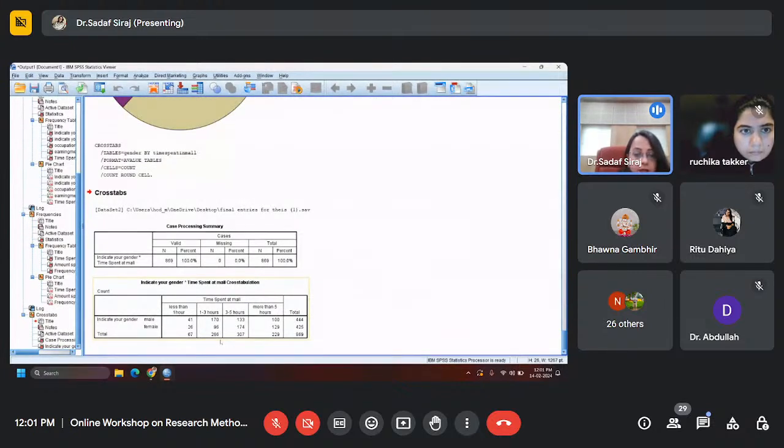Now what is happening here is that it is just giving you the frequencies. If you can see within these frequencies, can you make certain inferences? Just have a look at this data and let me know who is spending more time and what is the time frame for that particular segment. Please try to draw inferences. We're just trying to find amongst males and females who is spending more time in the mall.